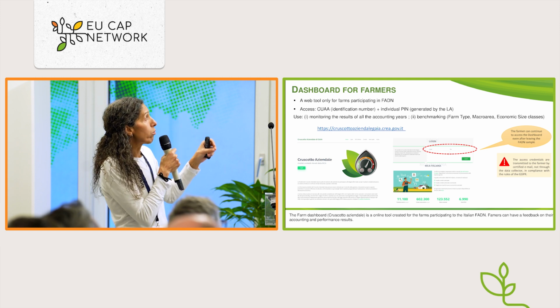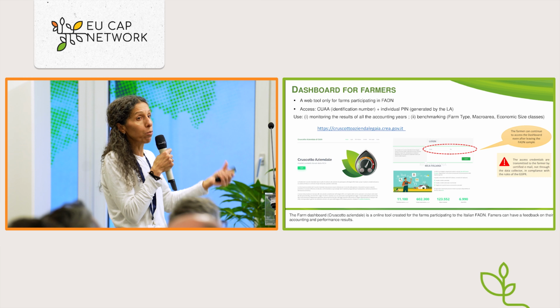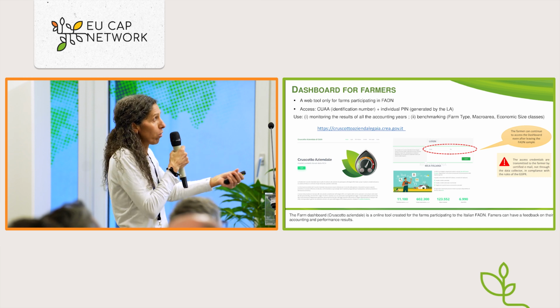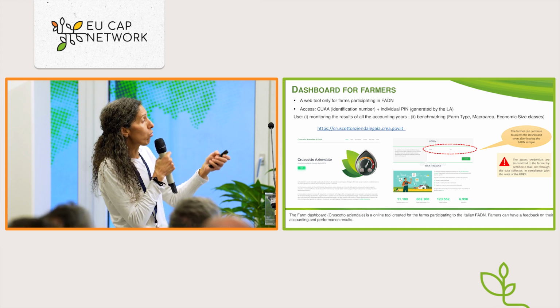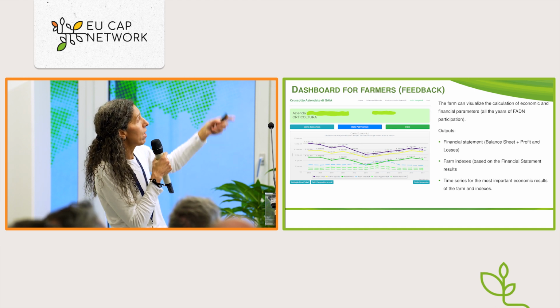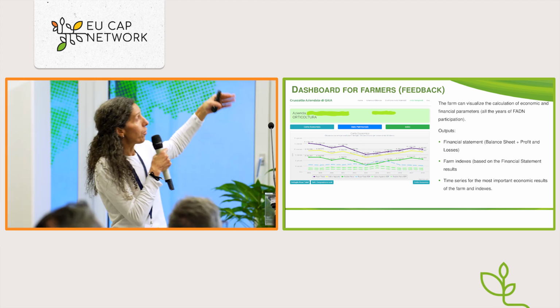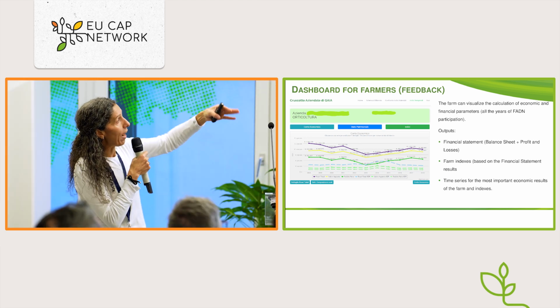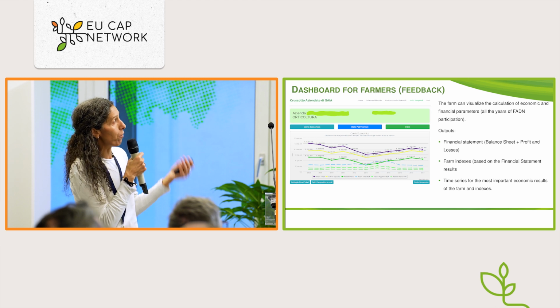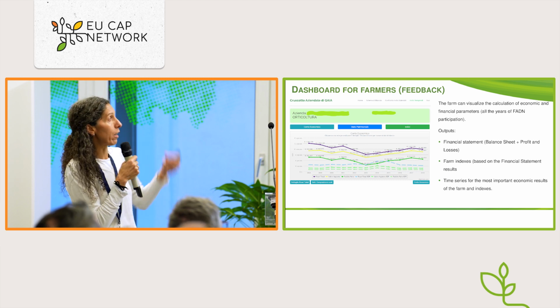And thanks to this tool, the farmer can monitor the results of all the accounting years of participation in FSDN, and also have the benchmarking. For instance, here is an example. This farm is in FSDN from 2008 to 2018. The farmer can visualize the trend of economic and financial parameters, and also have several outputs, like for instance, the